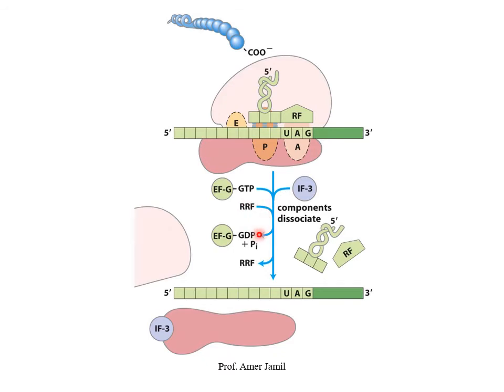So you can calculate how much energy is required for each peptide bond. And initiating factor 3 comes into the picture, the ribosome's 2 subunits are detached, and this 30S subunit is ready for another round of translation, maybe with the same messenger RNA or a different messenger RNA. So this is how termination of translation takes place in case of prokaryotes.